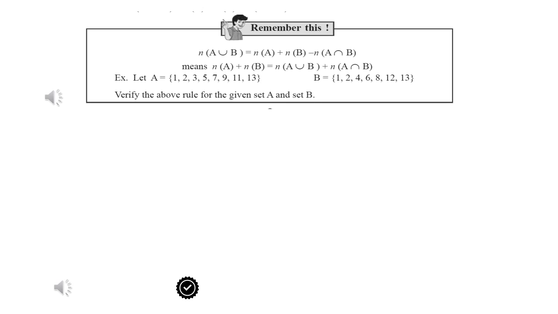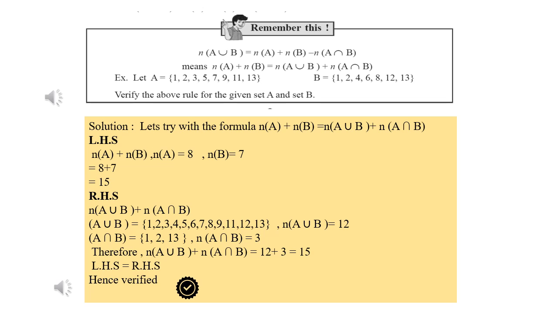So here if I rearrange, I can get n(A) plus n(B) equal to n(A union B) plus n(A intersection B). So it's one and the same. We are just interchanging the formula, or we are transposing the terms from one side of the equal to sign to another. Okay. Let us take an example of set A and set B, and we will try to verify if this is true or not. Taking the same formula after transposing, we will solve the left hand side and the right hand side separately for the above given sets, that is set A and set B.